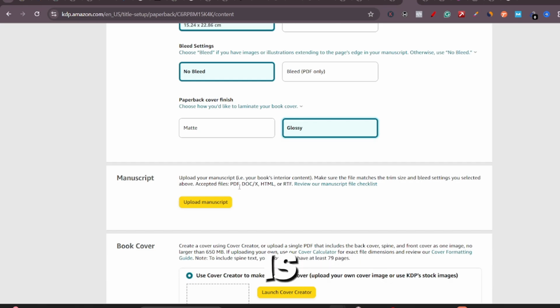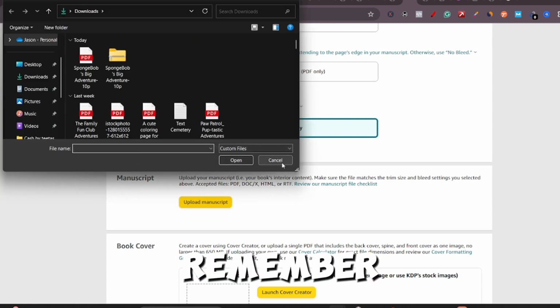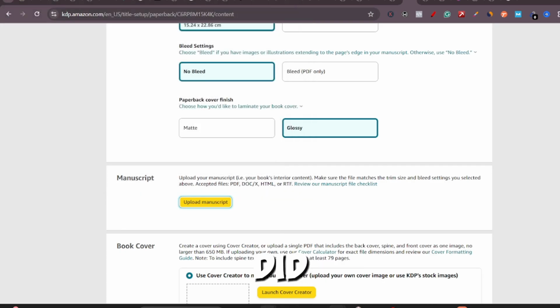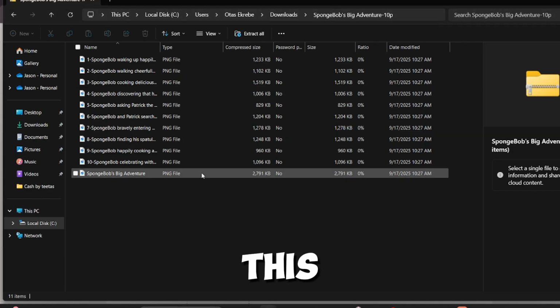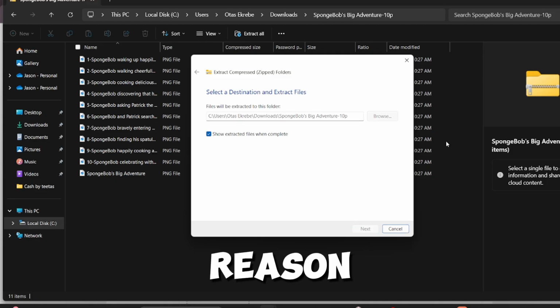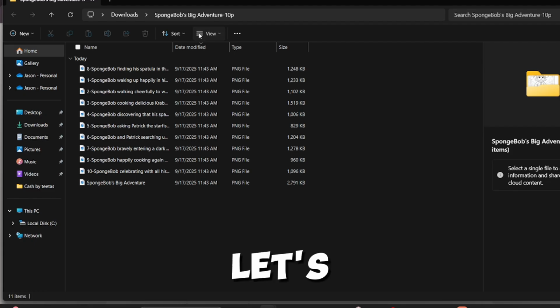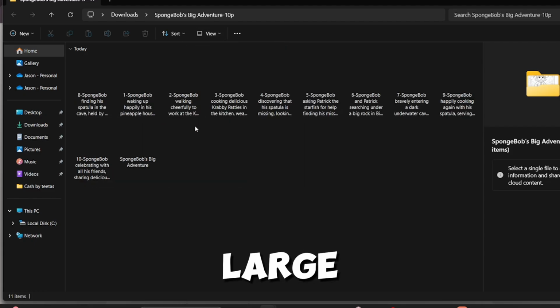Upload the manuscript. That is the PDF. See it here? Make sure the file matches the trim size and bleed settings you selected above. Accepted file is only PDF. So this is what I want you to do. Remember at first the reason why we downloaded this. So let's extract all. Now the reason why I downloaded this as a zip file is, let's look at the view large icon,